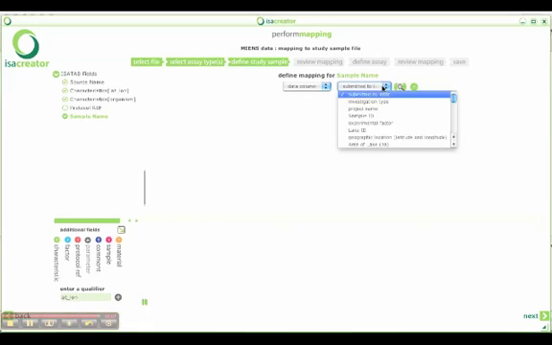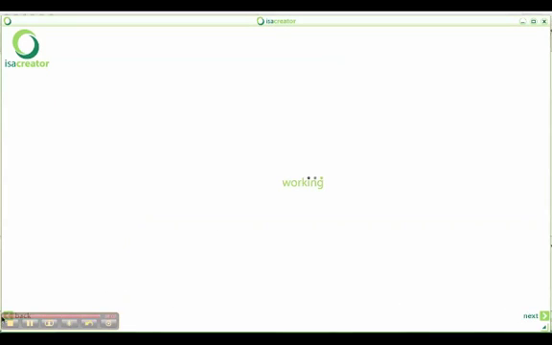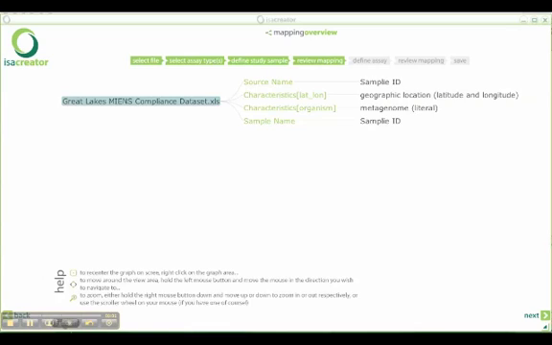Here we select the sample ID and review the mapping again. There we are. So let's assume we are happy with this, and we can progress now to extract